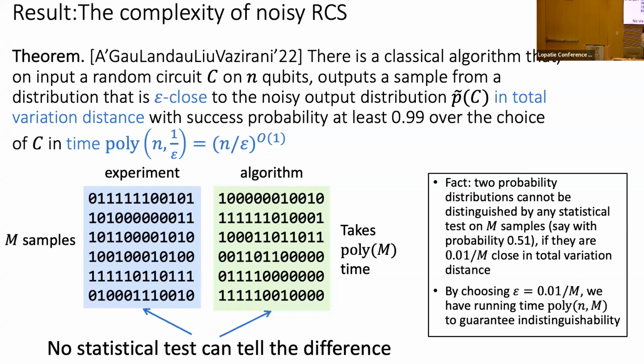For this kind of statement, do you need more qubits than m? Does m need to be smaller than the number of qubits? Or it doesn't matter? Like if I have only 2 qubits, m is 100. No, it doesn't matter. Okay. Yeah, but you want n to be large.